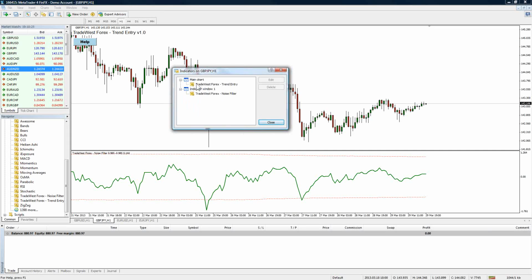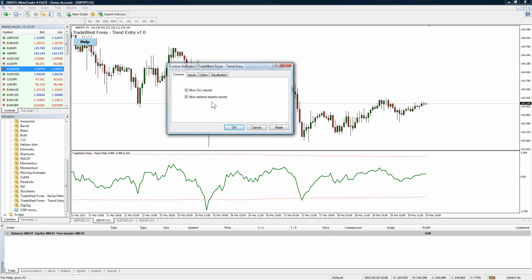So what I like to do is, a lot of times you can actually edit them. You can go into your inputs, and I like to say, okay, I'm going to customize this a little bit. It shows you here that it's got to be between a 1 and a 5, but the trade frequency, I'm going to say 5. I'm going to say I want to see every little arrow that I can get, whether it's super accurate or not. I want to see it.